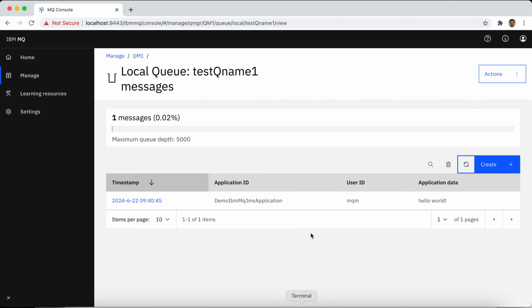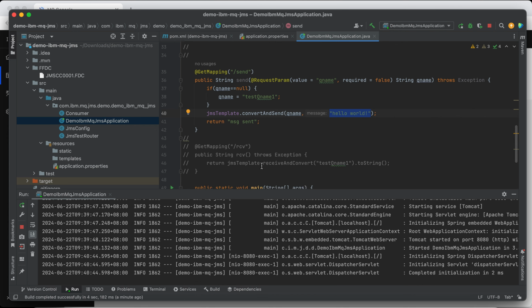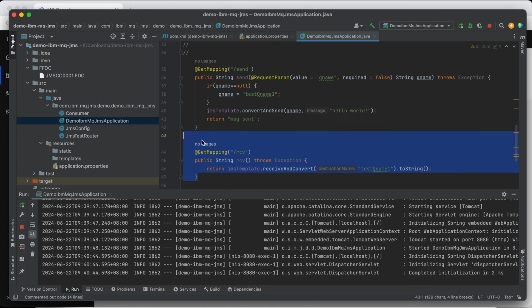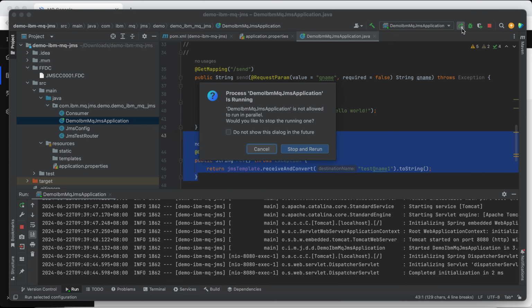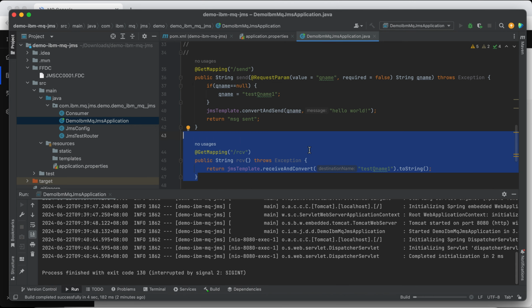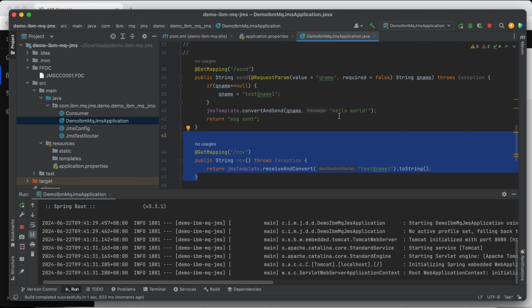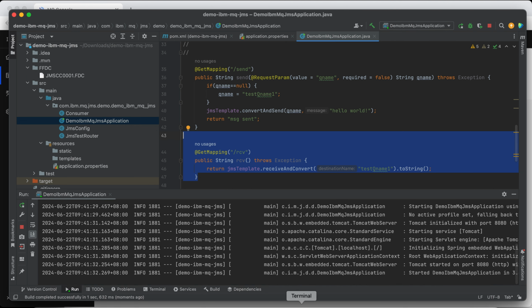Now let's try to retrieve this message. For this one, we can use another endpoint, which is the receive endpoint, to receive the message from this queue. This time we will call receive.